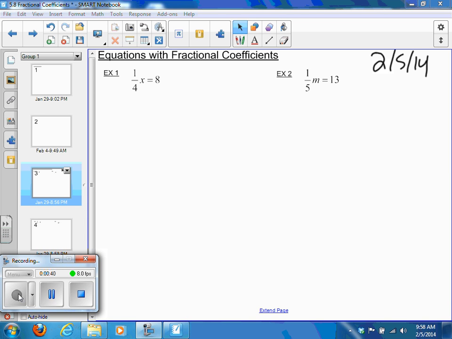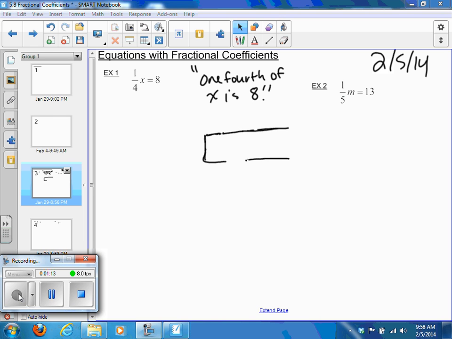Very good. Okay, what I want you to do is write down how we would say this equation. This is 1/4 of x is 8. It's a full sentence, equations are. 1/4 of x is 8. All right, so if we were going to model this, and I do want you to model it for your notes,